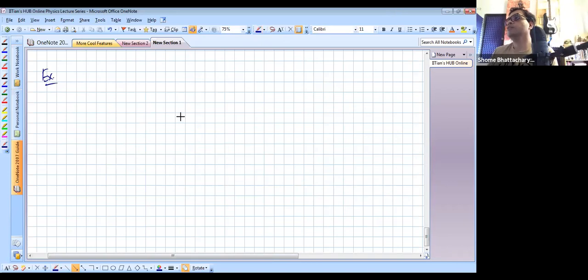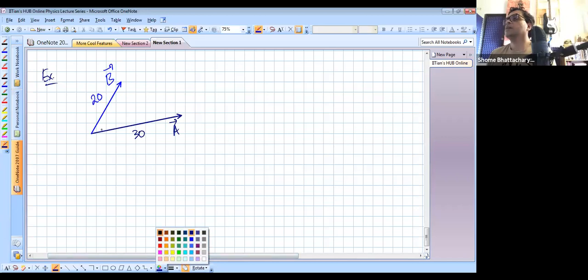For example, if I have two vectors like this, this has a magnitude of 20, let's say, and this one has a magnitude of 30, let's say, and the angle between them, let's say this angle here is